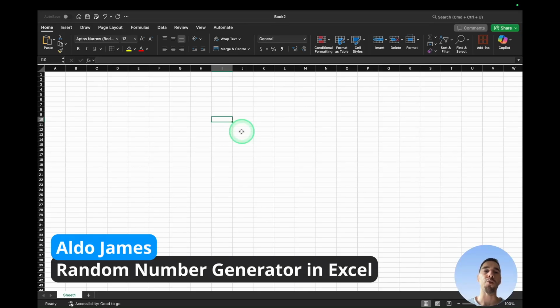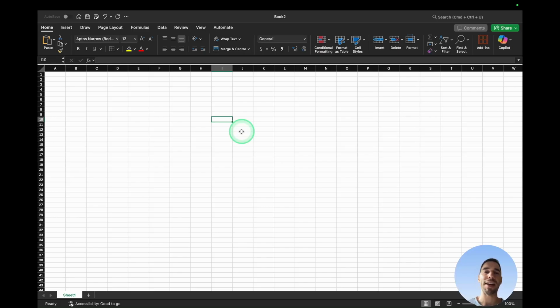This is how you can create a random number generator in Excel with no repeats. This works on PC, on Mac, and of course Excel on the web, and it's super easy. What we want to do is select any cell and then press enter and type in the word